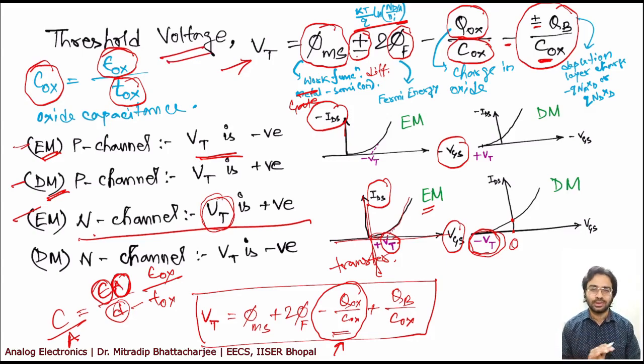We will not use this equation in the circuit, just to give you an understanding of what parameters actually decide Vt, because Vt is a device intrinsic parameter. We cannot have any control over Vt. Even if we want during circuit design to change the Vt, it is not possible. Okay, it's the device people's job.